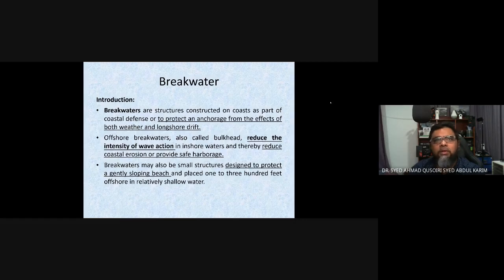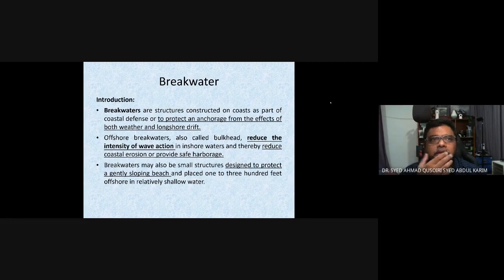Reduce the intensity of wave action. So this breakwater is more suitable for areas which have intense ocean waves. Okay. Kawasan tu dia punya ombak, especially biasanya laut lepas lah. Ombak dia sangat kuat. This is the first layer of defense. You will meet that very strong wave of water head on. Yang first kali. So it will reduce the intensity of the wave